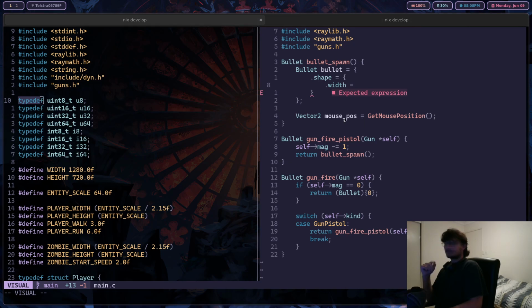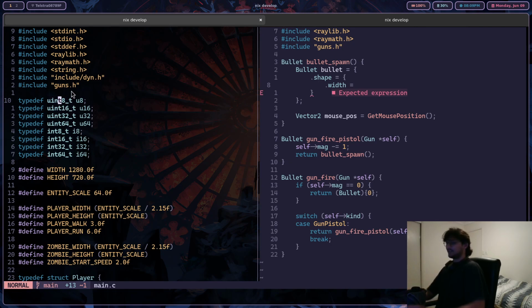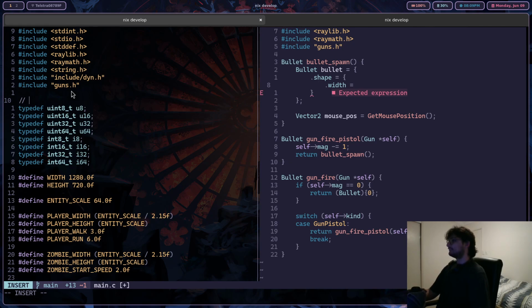So, for example, here we have a type, its name is uint8_t. This is just saying that it is an 8-bit unsigned integer. That's not spelled integer. And I don't like how long that name is, so I just want to call it